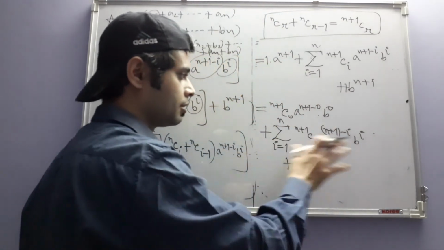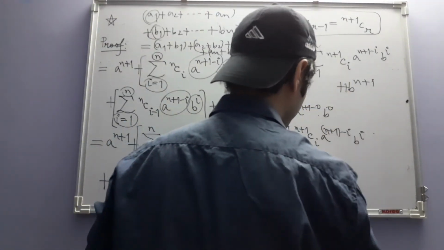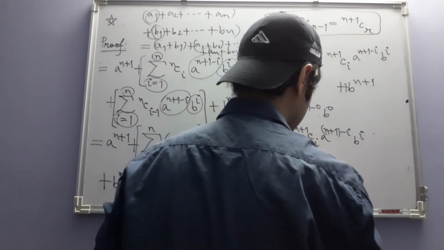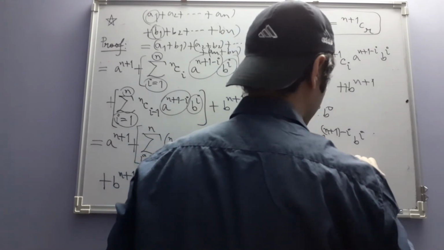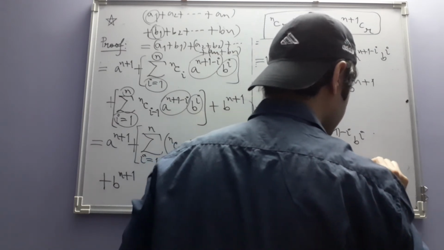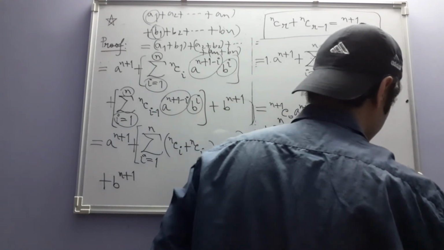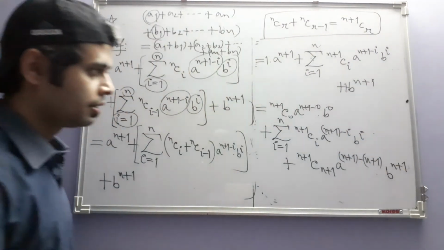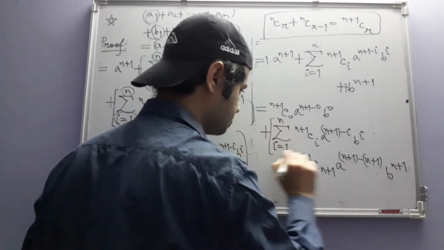Now I am making the pattern more apparent. Here in place of 1 I can write (n+1)C(n+1), a to the power n plus 1 minus (n+1), because there is no a, times b to the power n plus 1. Now you look at this final expression